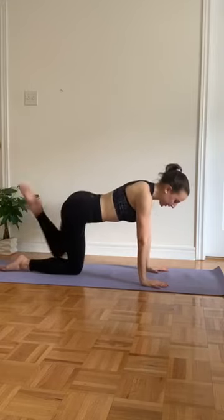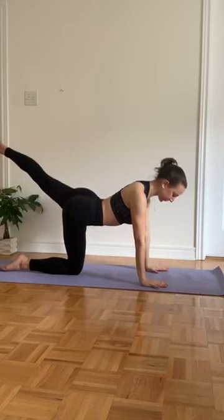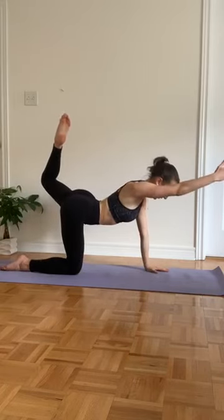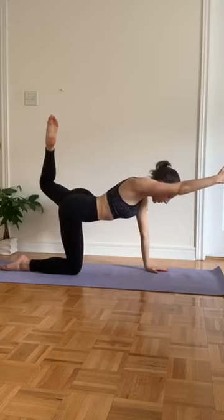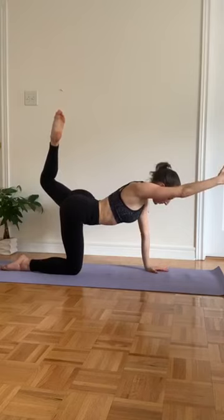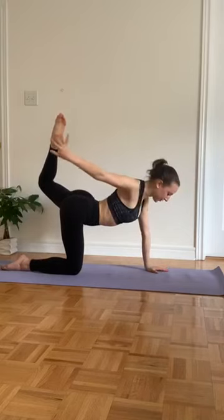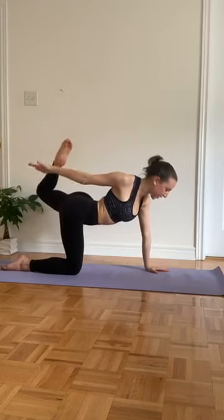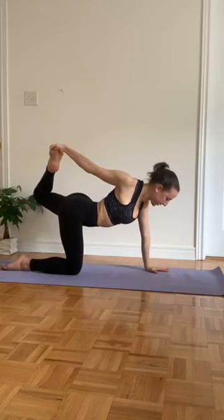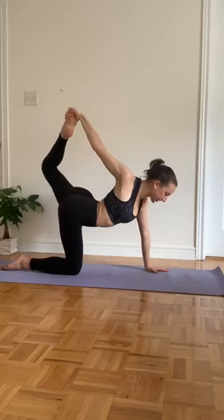So we're gonna take the right leg back behind us, bend into the right knee, and then reach the left arm forward. Holding here, you're pulling the belly in. Try to squeeze that right foot up as much as you can to feel that glute activation. And then as you exhale, you're gonna reach that left arm back. See if you can grab the right foot. And then once you have a hold of that right foot, you're gonna kick back into that left hand,